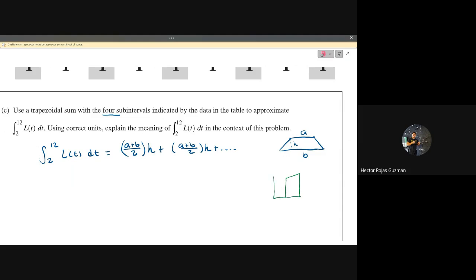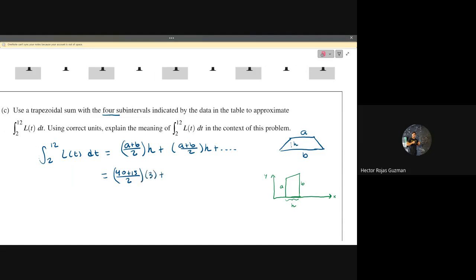Here's the y-axis, here's the x-axis. So your A is technically a y value. The B is also a y value. And the height is the distance of x. So for my trapezoidal sum, we're going to have 40 plus 15, which again are y values, divided by 2